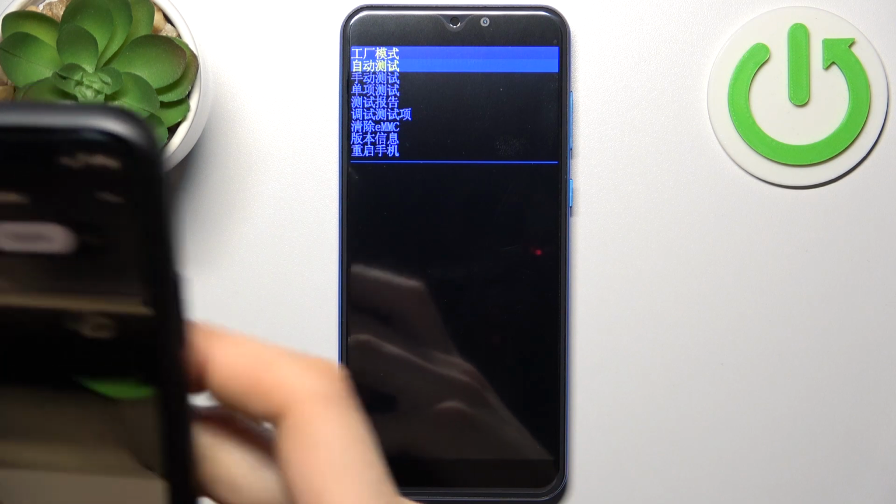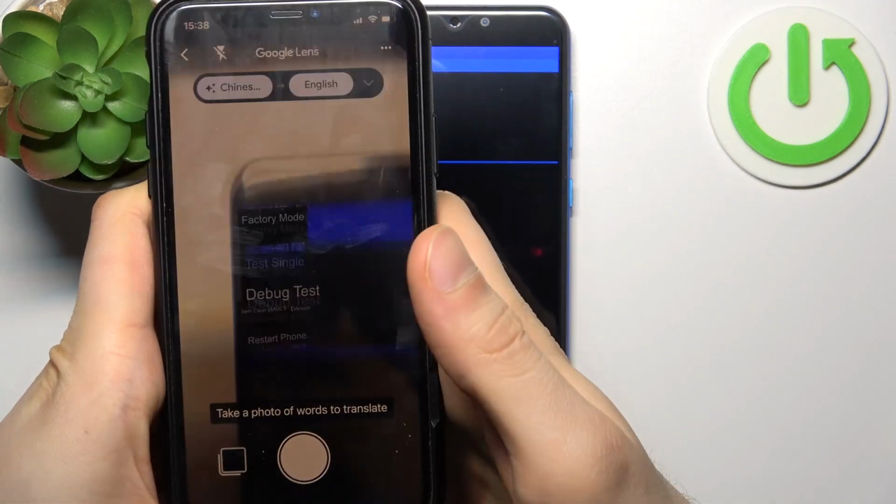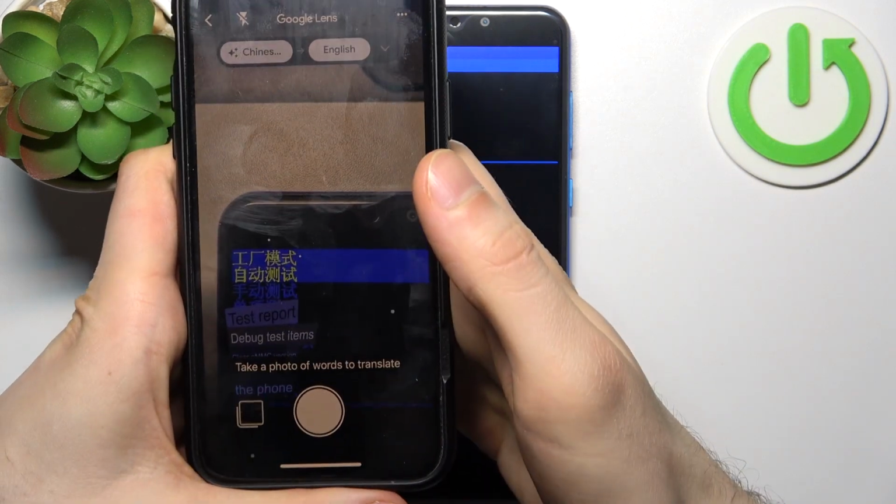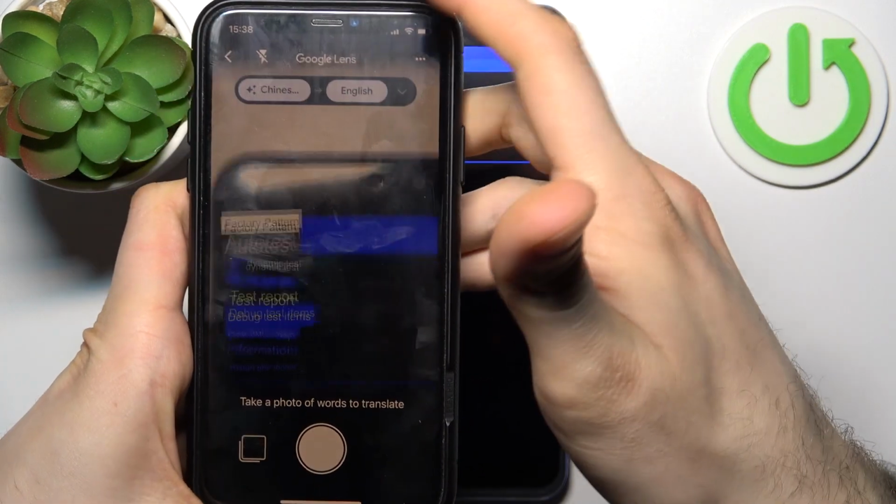So, as you can see, this mode is fully in Chinese, so if you're not a Chinese person or a Chinese culture appreciator or whatever, you won't understand what's written in here, but thanks to modern technology we can just perform an action like this and see what's in here. So as you can see,